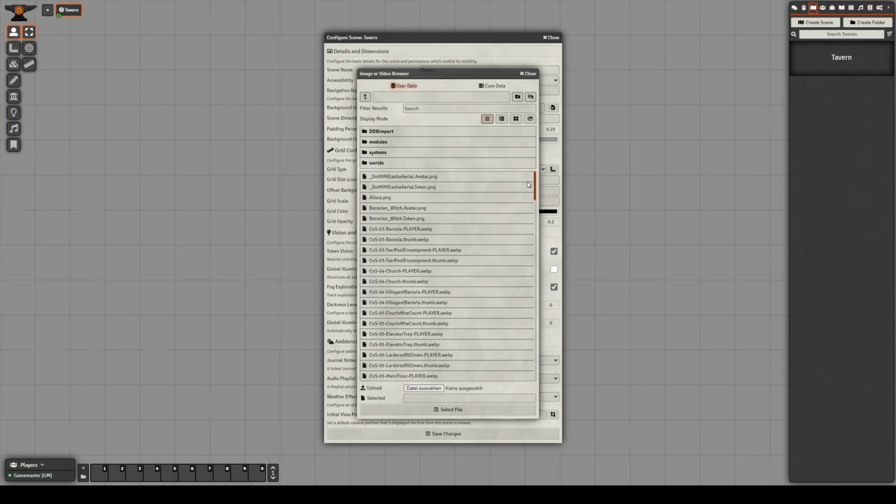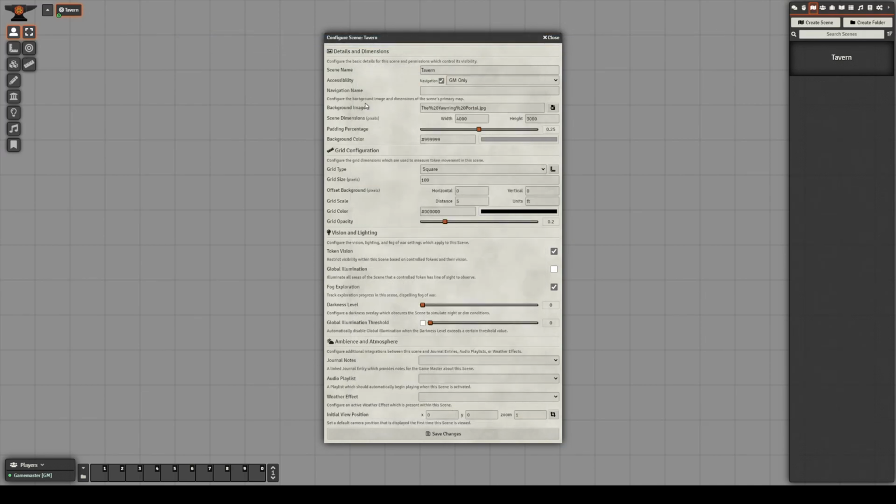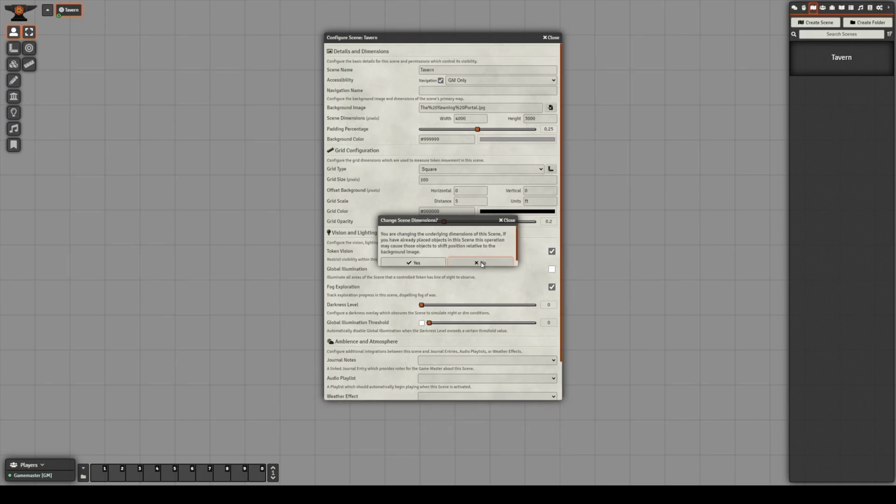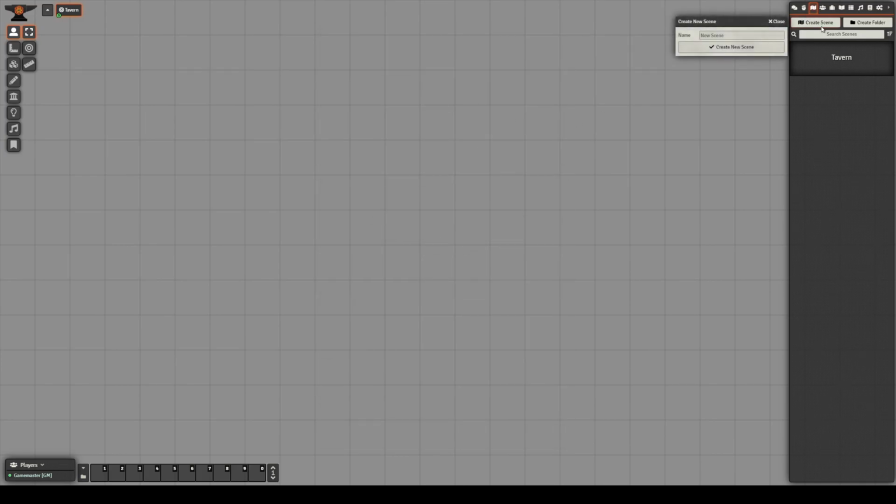And we're gonna take the yawning portal. All right, so it says here yawning portal map. Select file, and just to have some changes, we're gonna hit save changes for now. Oh wait, no, we're not gonna do this. We did something wrong,